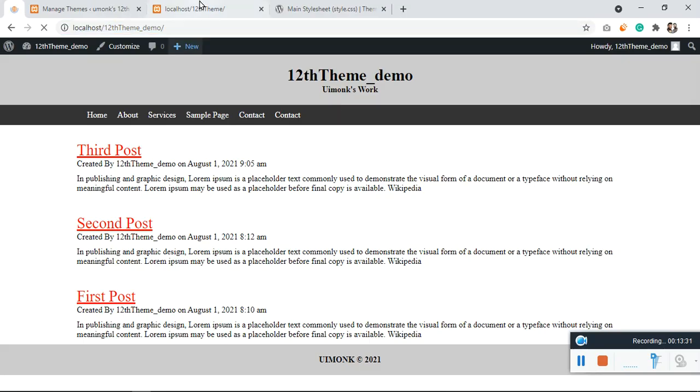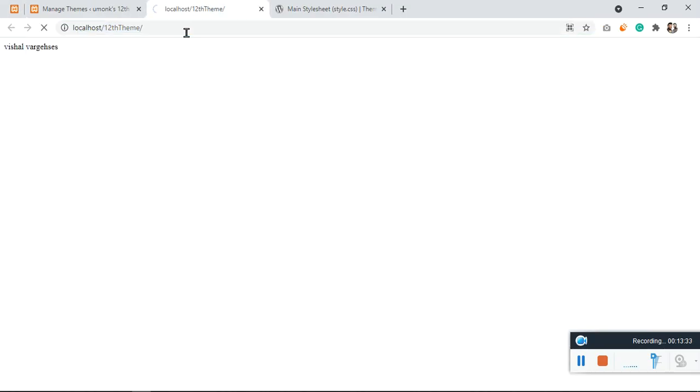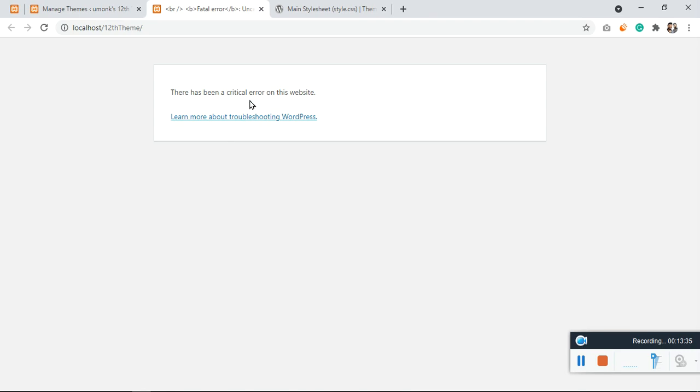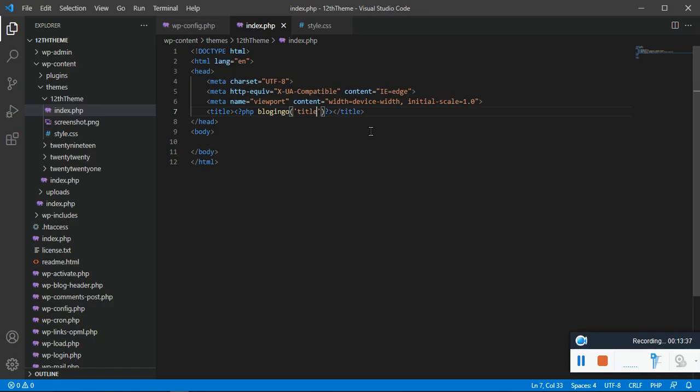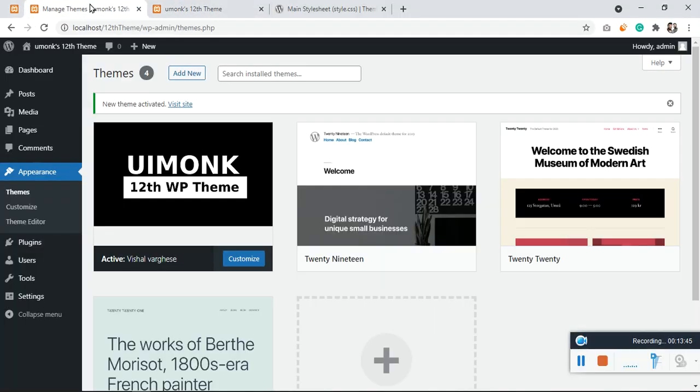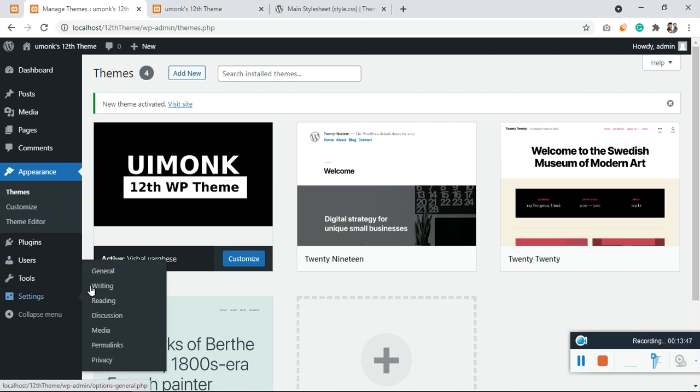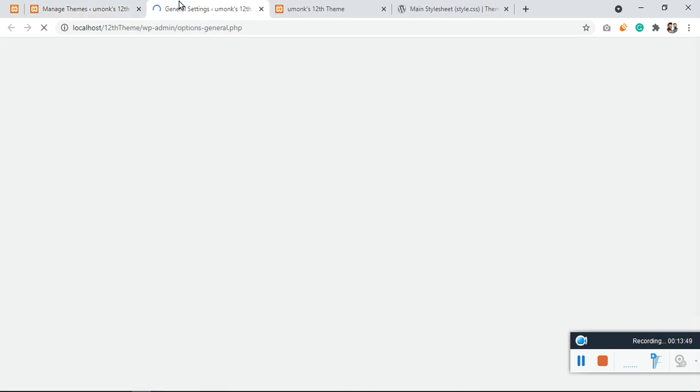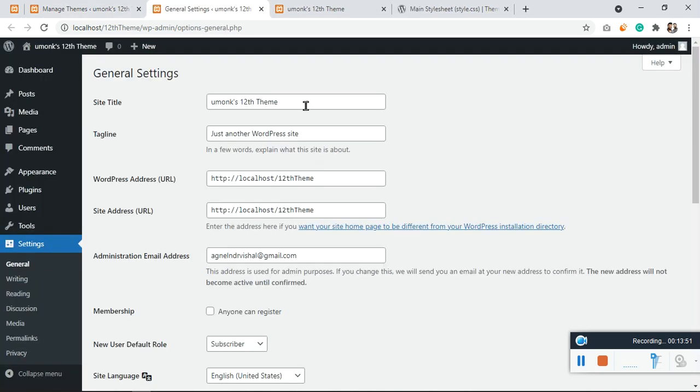Refresh this. Sorry, this is the actual page. Refresh this and you should see the critical error. It is because blog info is the function, not. Now you can see UI Monk's 12th theme, which you can modify over here in the general settings. So this is the first. Let me just make this UI Monk's WP theme for now, and the tagline